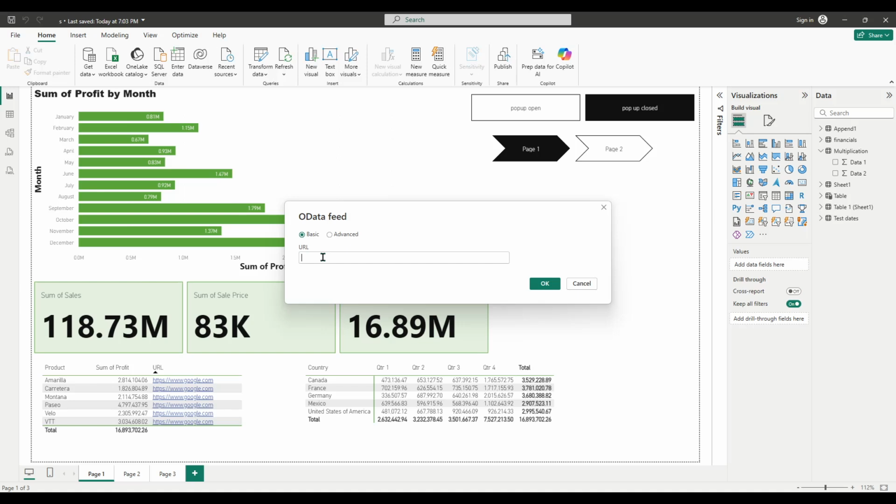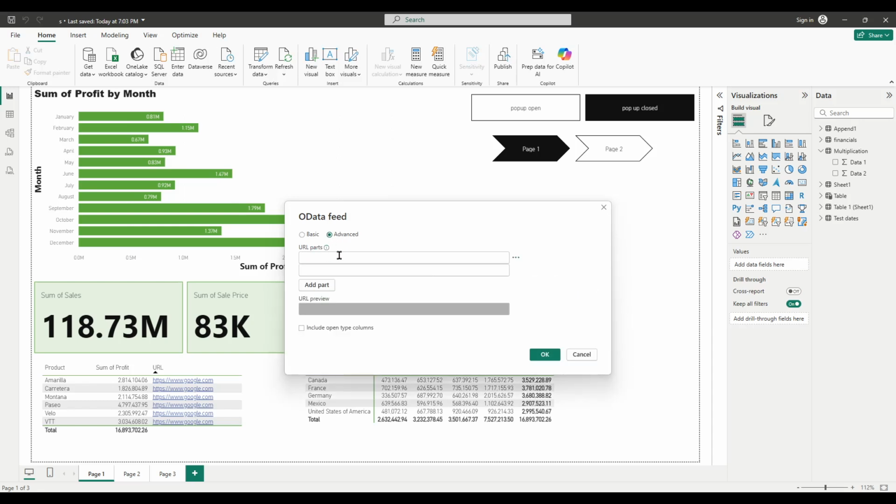If your source provides separate path segments, or you want to build the address piece by piece, click Advanced. This lets you add URL parts in a structured way, which can help if the endpoint uses a base service URL plus specific resources or query parameters. It's also useful when you need to clearly separate things like the service route, an entity set, or optional filters